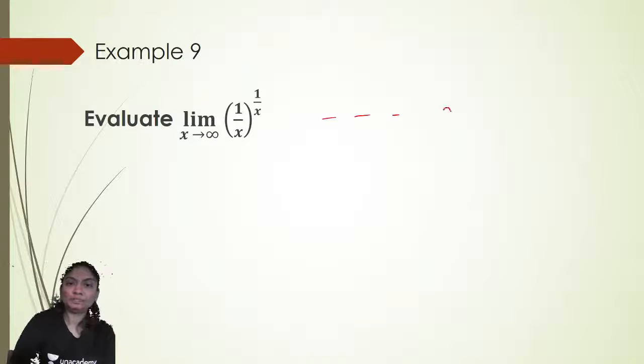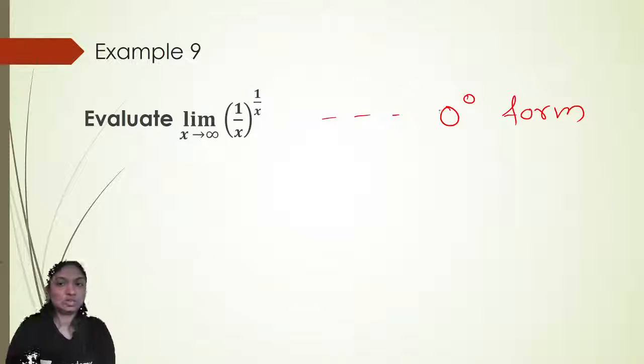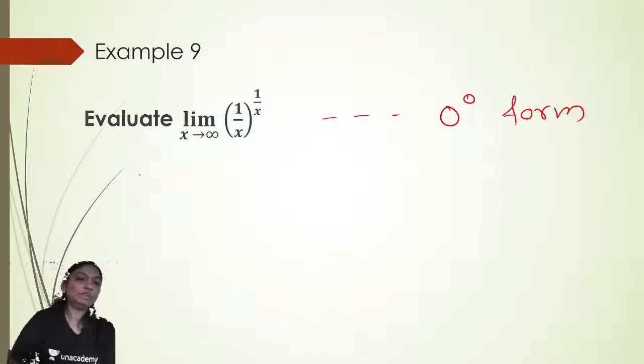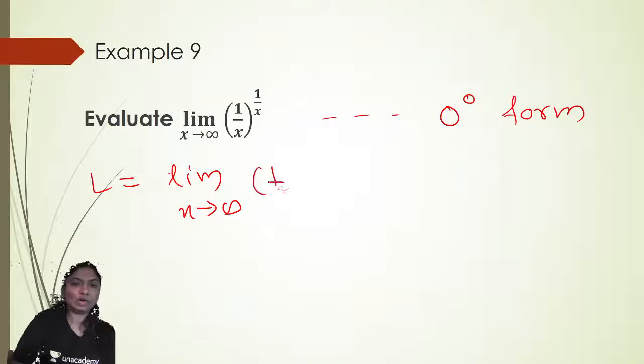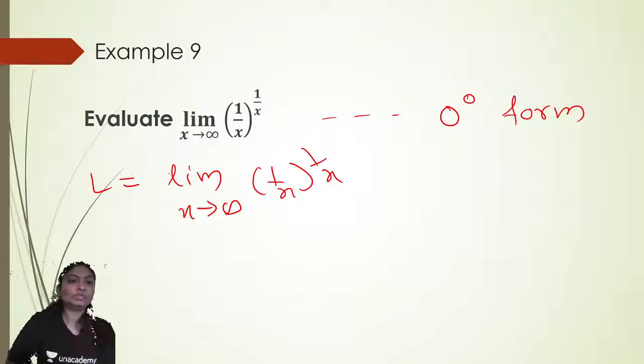If you put x tends to infinity, 1 upon infinity is 0 raised to 1 upon infinity, so 0 raised to 0 form. So what we will do, taking log on both sides, so here L is equal to limit as x tends to infinity, 1 upon x raised to 1 by x. So taking log on both sides,